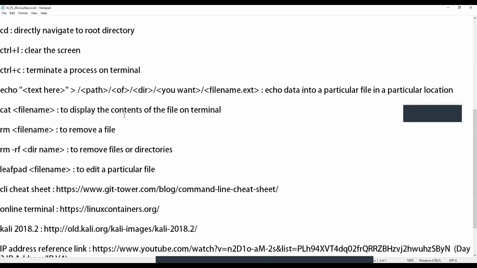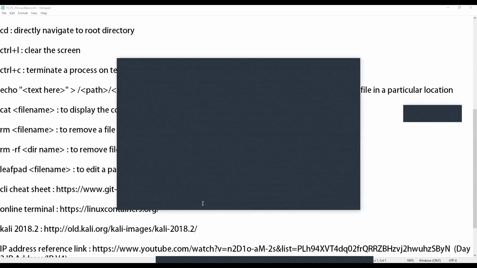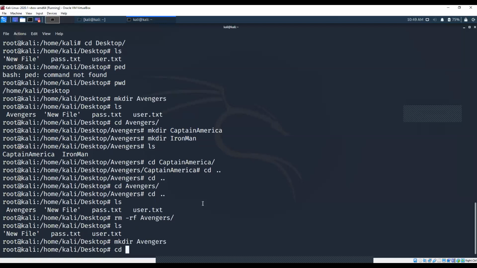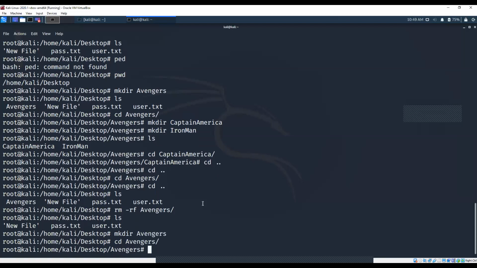And along with that, let's also see what all other commands I have here. I'll show you how to create a text file and how to read a few things from a text file. So what I'm going to do is use the command called echo. So mkdir Avengers, cd Avengers, mkdir.